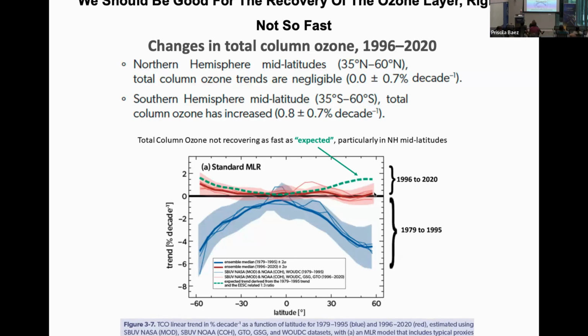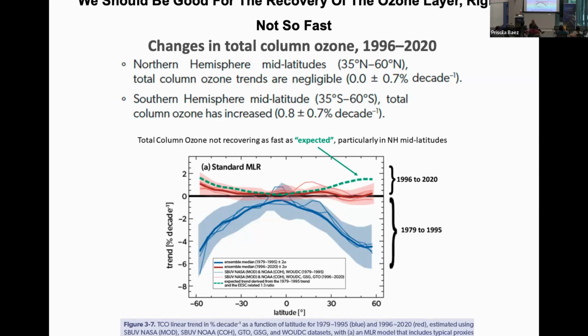Ozone isn't going up in the Northern Hemisphere. And I showed you that in my very first slide. You can see it. You don't have to do any stats on it. If anything, it's going down a little bit. So the rest of this talk will be explaining some of that, and I'll leave a lot of time for questions, and I do have backup.